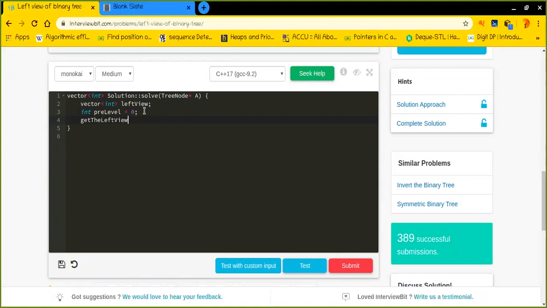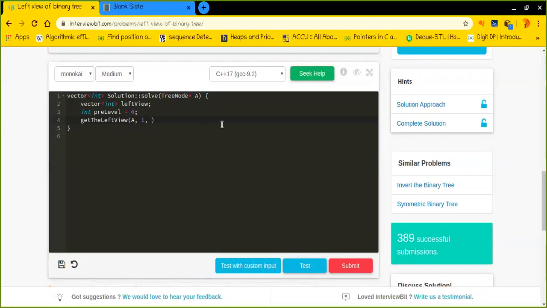Let's pass the root node, we're trying to populate this particular node, and the current node is 1.